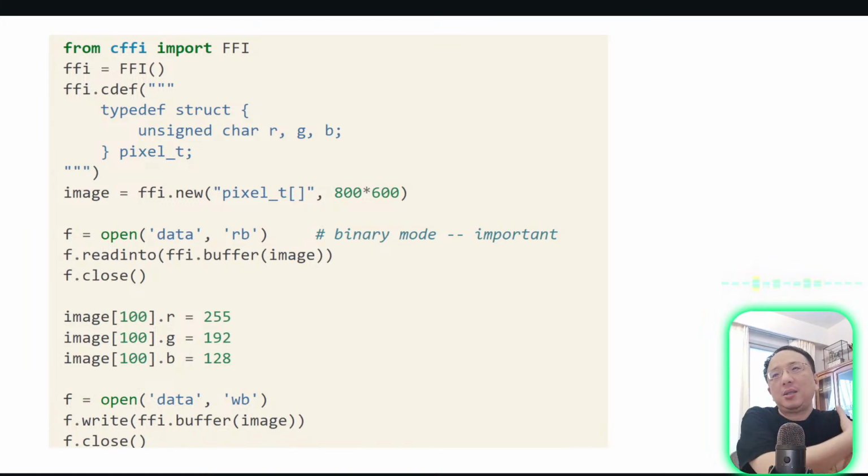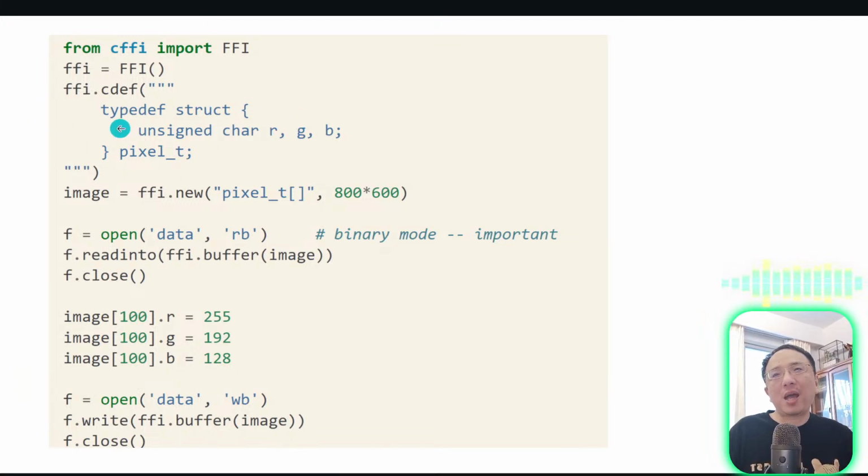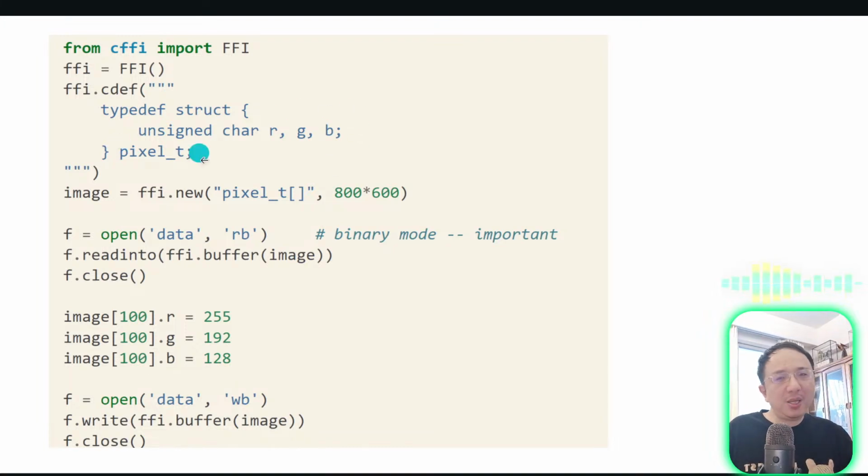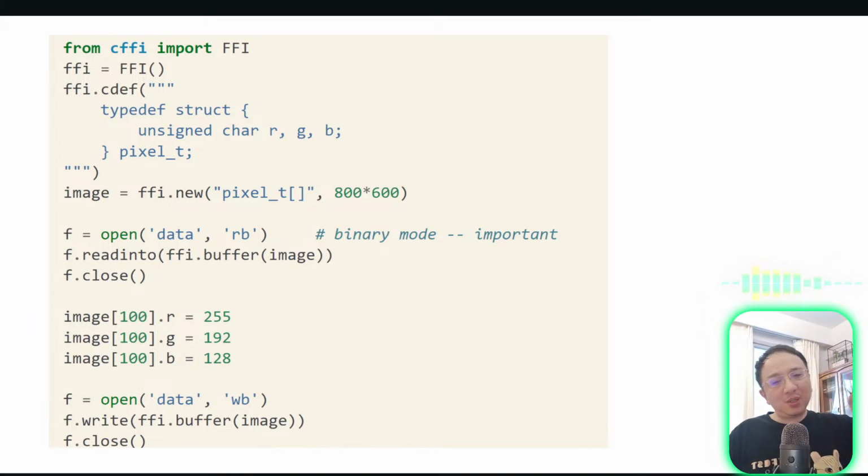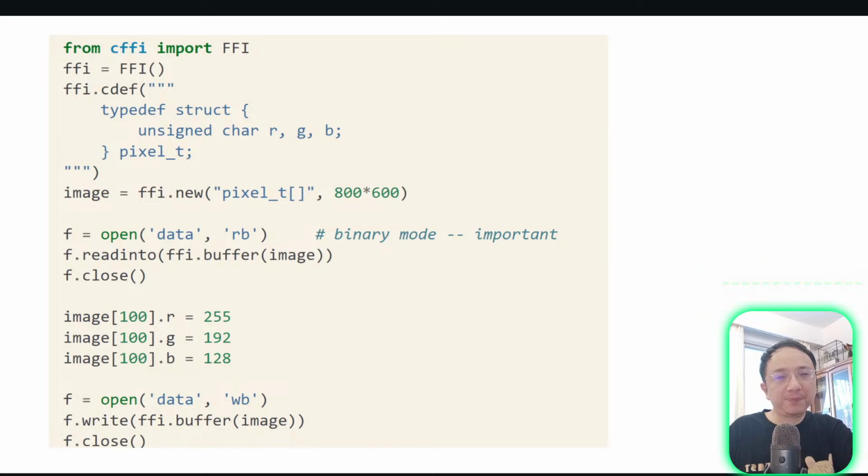Another way to do that is you can actually define a C type, using the C language. So you can make sure that this type is more low level. It doesn't have any type information. When we create a new Python object, from the C point of view, we have to store the type information dynamically. But this is a C type, so it will only occupy the memory of 3 characters, like 3 bytes of RGB here. So this is a new type